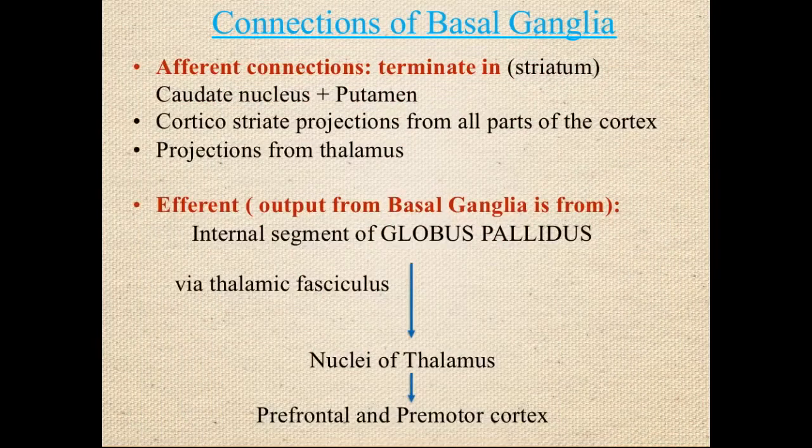Now, the striatum is made up of the caudate and putamen. If we go into finer detail, like what is the function of the caudate nucleus and what is the function of the putamen, collectively we call them striatum. But if we differentiate them, the caudate nucleus has the cognitive control of the sequence of motor patterns. So C for caudate, C for cognitive control. Like what should be the pattern?